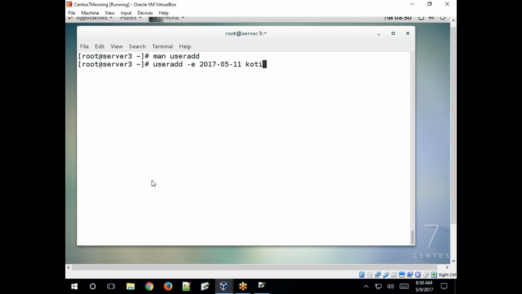So if you want to create a temporary user, if you want to give access to outside users, remote users for 2 days of working, or 1 day or 3 days, then create a user with a different username and expiry date. Even if you forget to disable the access, the account will be expired automatically.